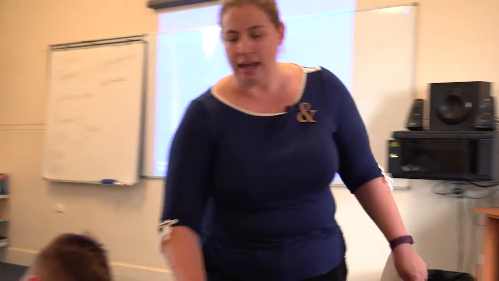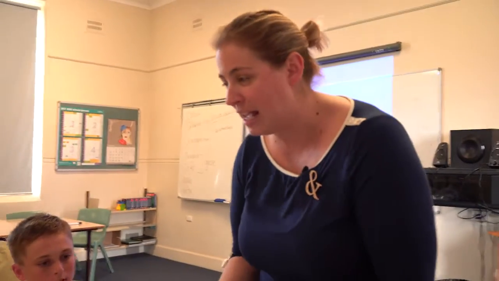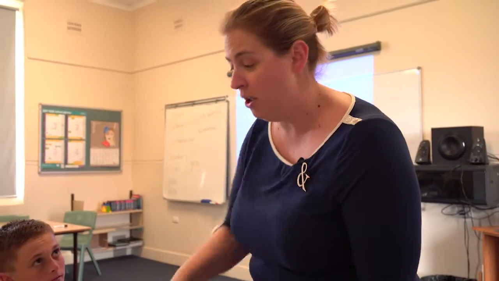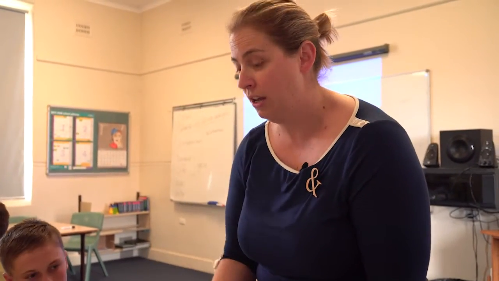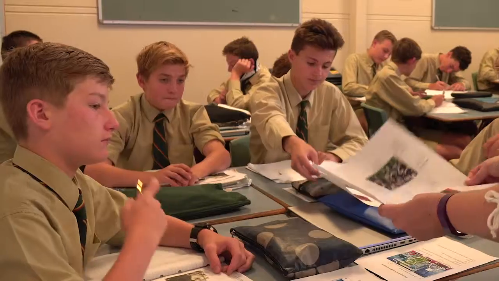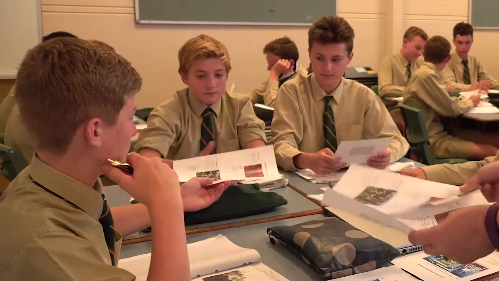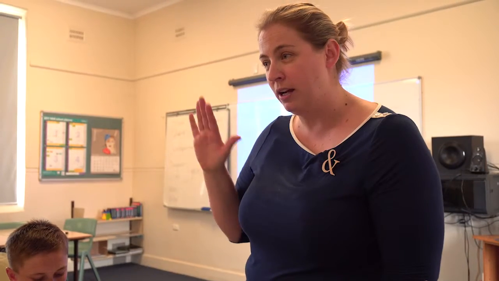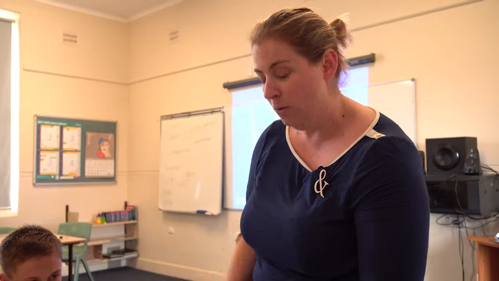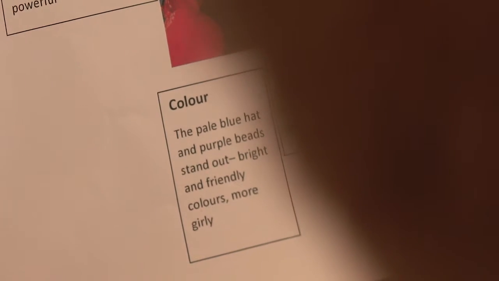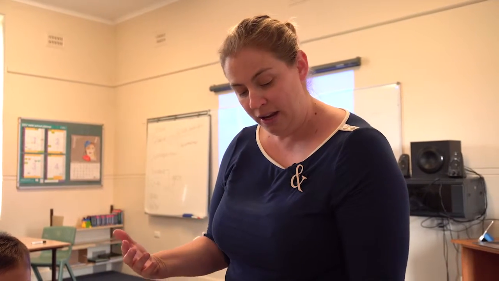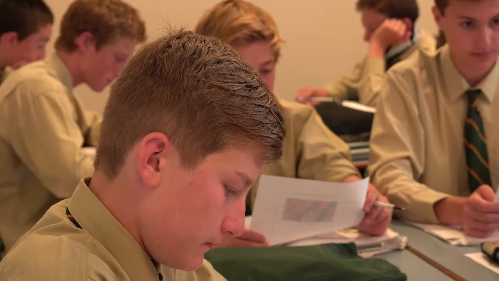Alright guys, while they are getting those down, this sheet here might help you in connecting up those techniques with what we want on the page just here. So have a look at these ones here. That first one there is the high angle shot. It's talking about the angle between what the viewer can see and what the subject is. We've got the colour, and the salient point, that point that stands out the most for us. On that second image there, we've got some symbols. So we're going to use those